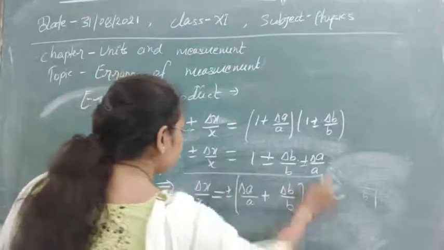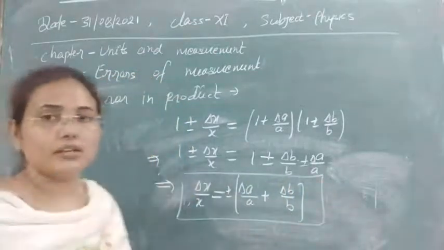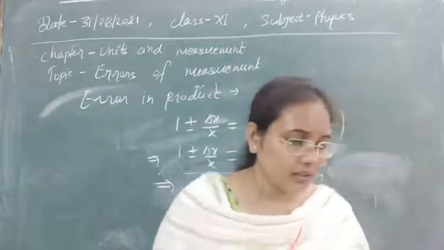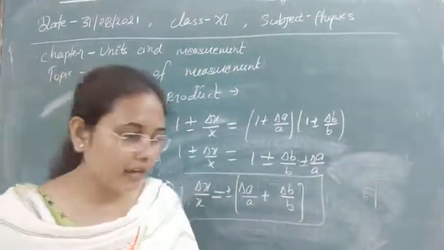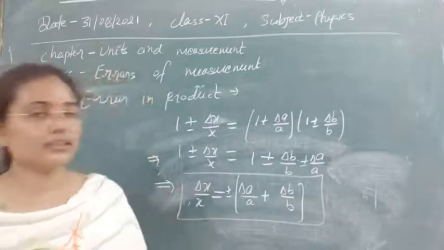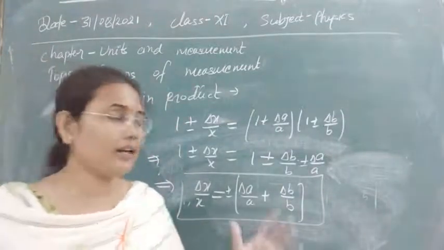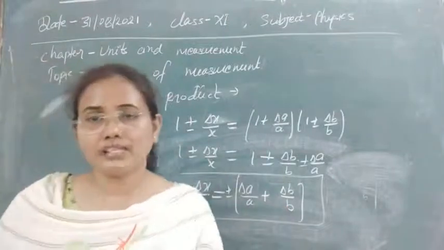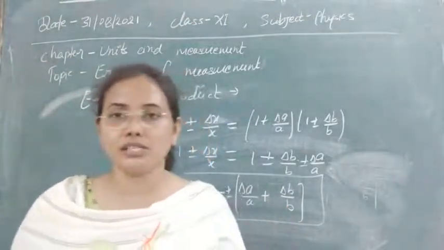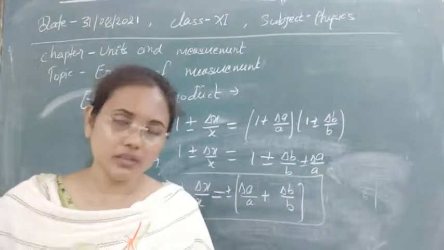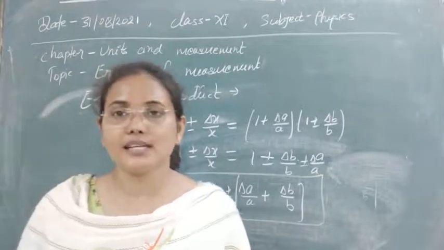So this is the error in a product. In this way you can calculate errors in product format. So students, I think the calculations for these are now clear: how many types of errors we have, how to calculate them, and how to calculate in sum, difference and product. Later, in the next class, we will see division and powers also. For today, let's end our class here.